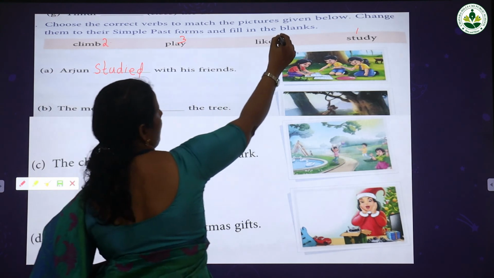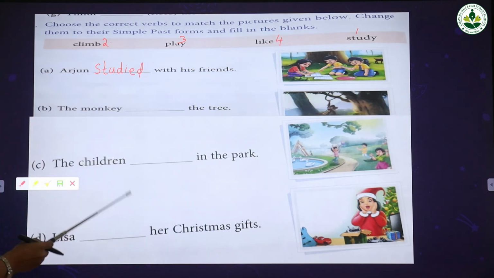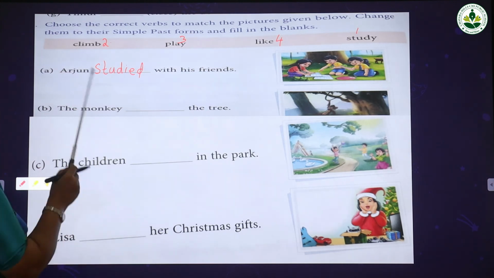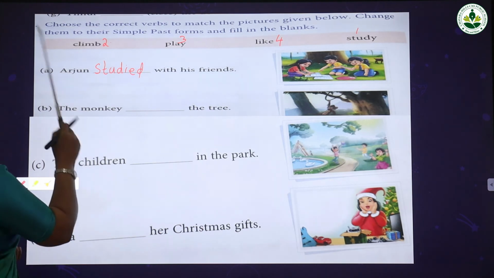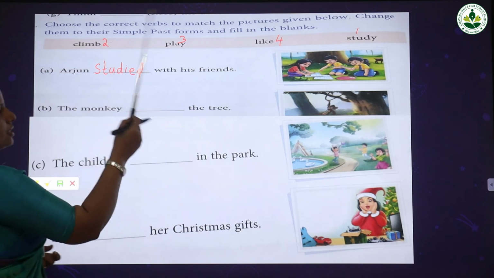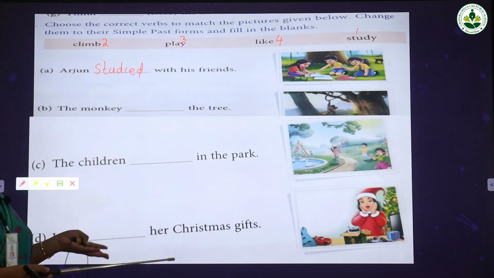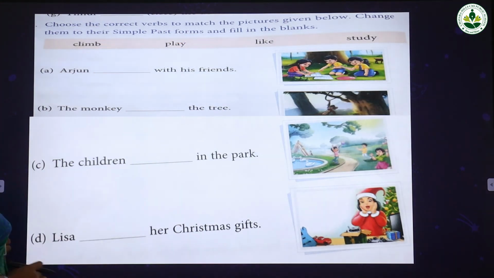Fourth is like. So you have to change the remaining three questions' verbs to their past form. That means you have to change the verb climb to its past form, play to its past form, and like to its past form. That you have to do by yourself, and we will check it during the live session. Okay,